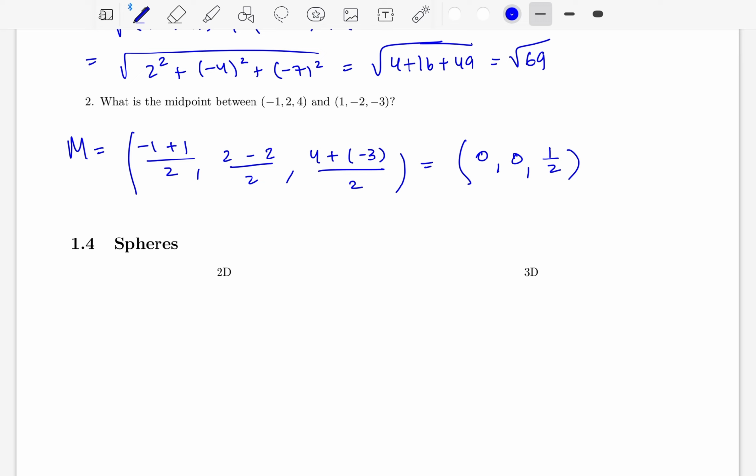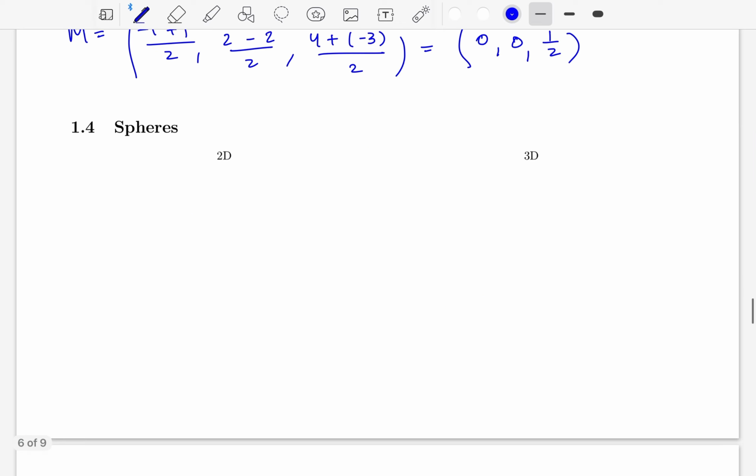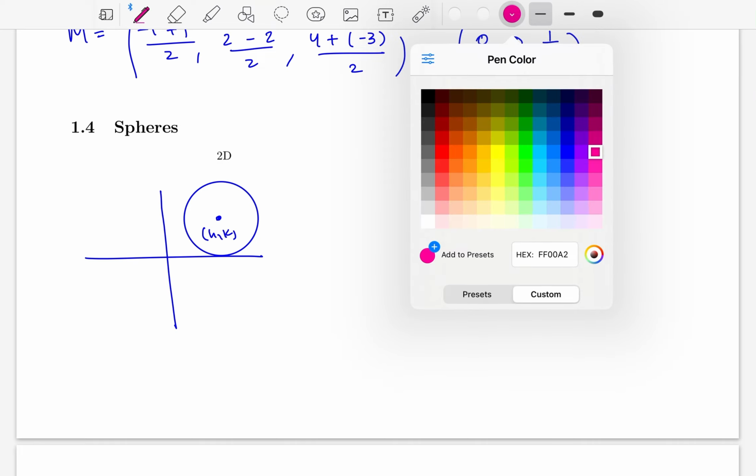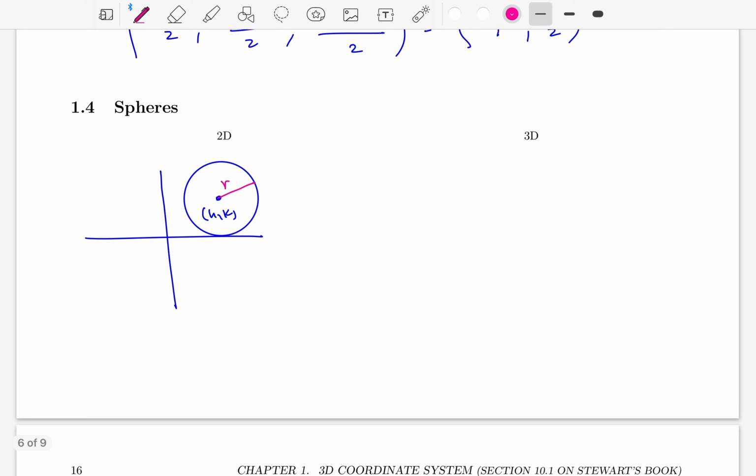Perfection. So now that we have defined the distance between 2 points, we can extend the idea of a circle to a sphere, okay? So in 2D, we have a circle, and we know that if I have a circle centered at (h, k), and this is the radius r, then a circle is the set of points (x, y), so in 2D, such that the points are